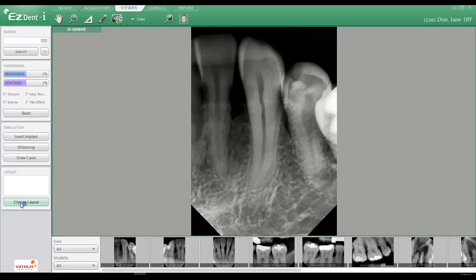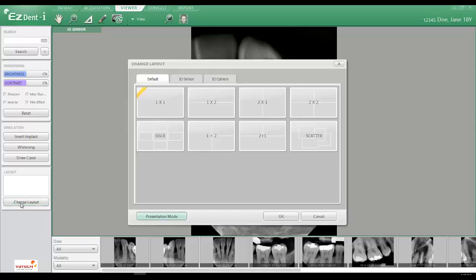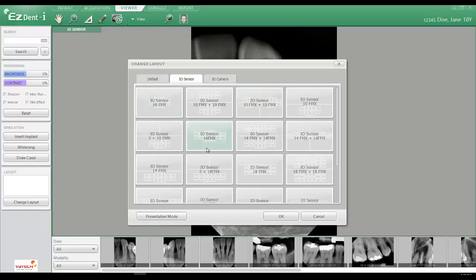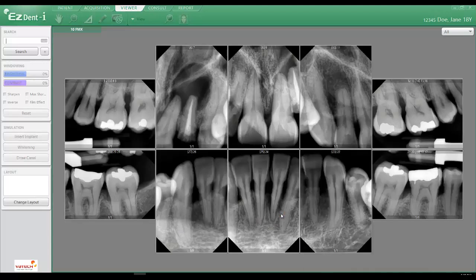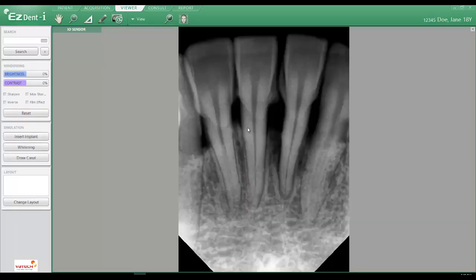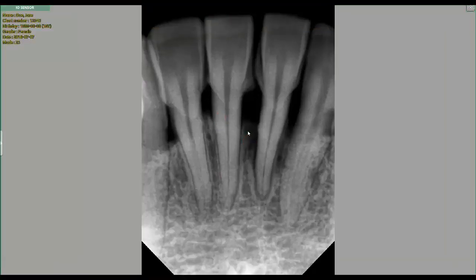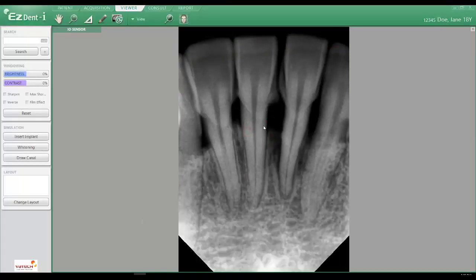Left-click on Change Layout, click on the IO Sensor tab, and then from there choose the appropriate layout. In this case here, our 10 FMX gallery or layout. To view your images, simply double-click on the image, double-click on the image again to go to a full screen mode, double-click to go back to the previous mode,